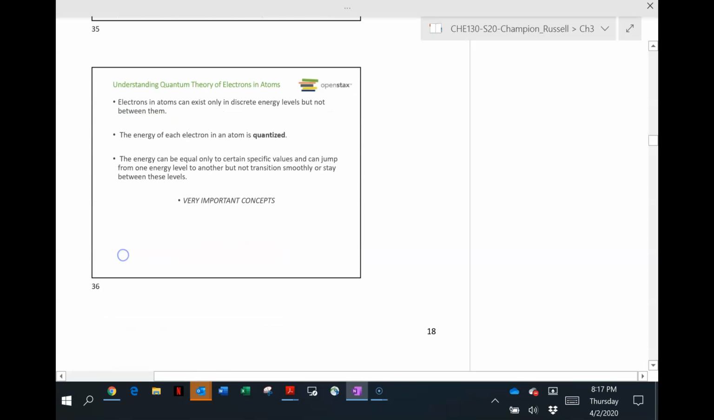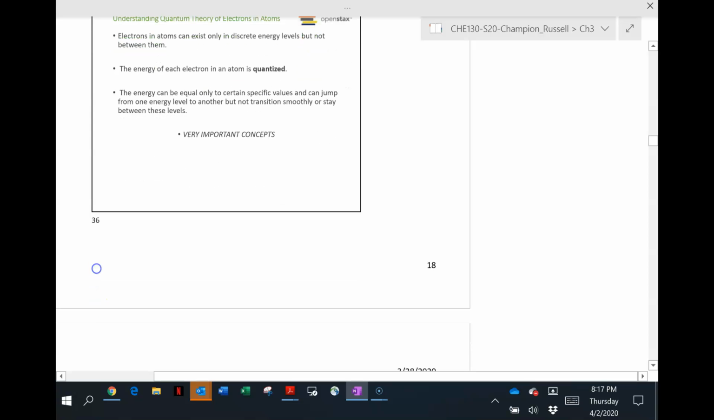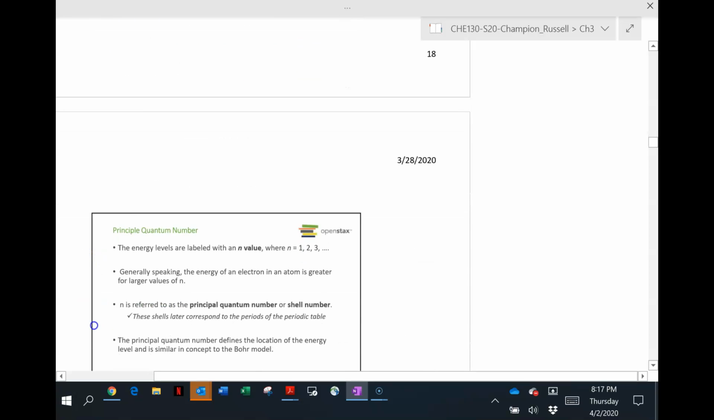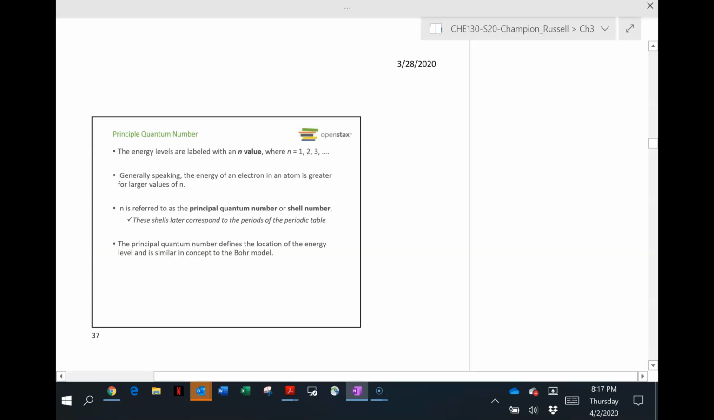All right, so the idea is that the energy of the electron is quantized. We've only got certain levels, and it can only go from one level to another. It can't hover between a level. And we're going to quantify, or we're going to classify these